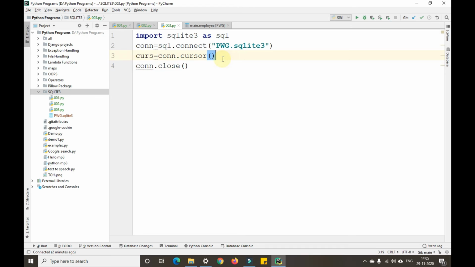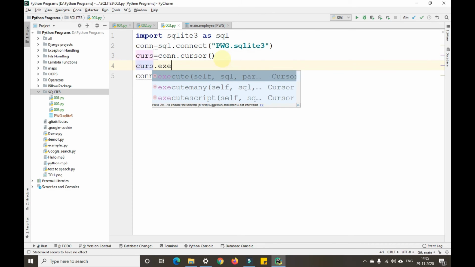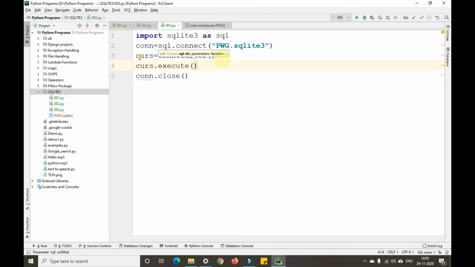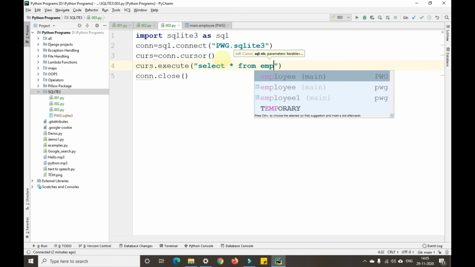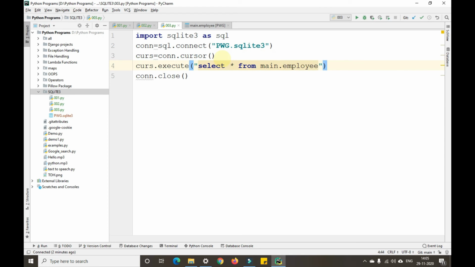So for that, I'll write a command, curs.execute, double quotes, select star from employee. That is not main.employee, guys, it is only employee.